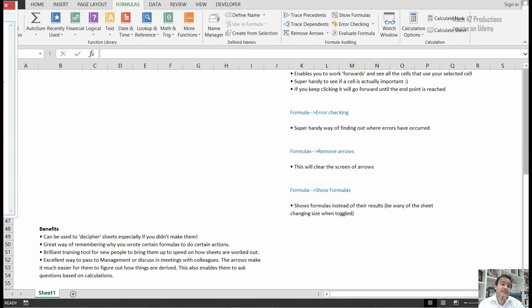Just to summarize the benefits, this is a great way to decipher sheets, especially if you didn't make them. Sometimes you might be given a spreadsheet with a lot of formulas and you want to figure out how it works. Using these commands you can. This is also a great way of remembering why you did certain actions on a sheet for your own work. So say for example you've got a spreadsheet, you make some additions, put some formulas in, save it, close it, don't come back to it for a couple of weeks, maybe a couple of months. This is a great way of bringing yourself back up to speed and basically remembering why you did certain things